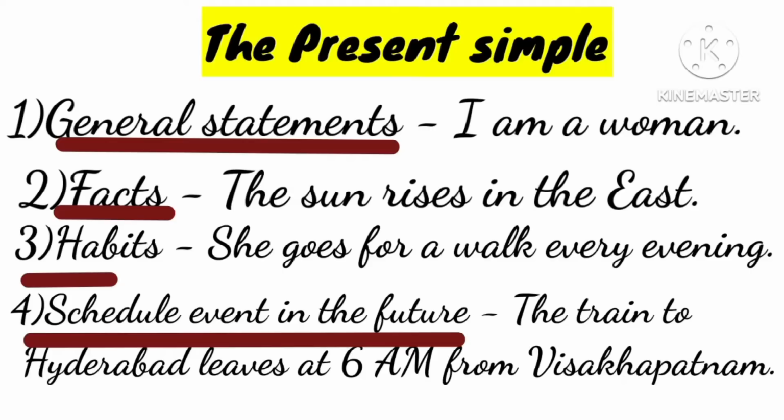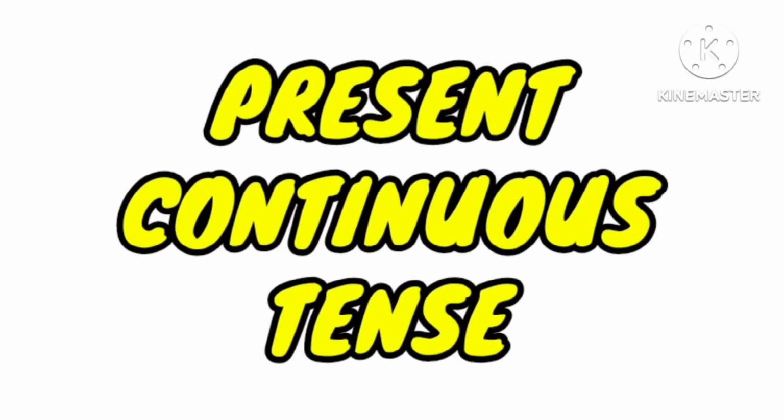Present simple tense is also used to describe habits. She goes for a walk every evening. I drink coffee every morning. Okay? In the same way, present simple tense is also used to describe scheduled events in the future. For example, the train to Hyderabad leaves at 6 a.m. from Vishakhapatnam. I think you are clear about present simple tense, so let us move forward and discuss about present